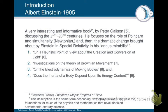In 1905, Einstein created 4 papers. The first we know is the start of quantum mechanics, on a heuristic point of view about the creation and conversion of light. This was the idea of light being quanta. The investigations on the theory of Brownian motion, which was actually a proof that atoms existed and were finite in size, and on the electrodynamics of moving bodies is what we typically call